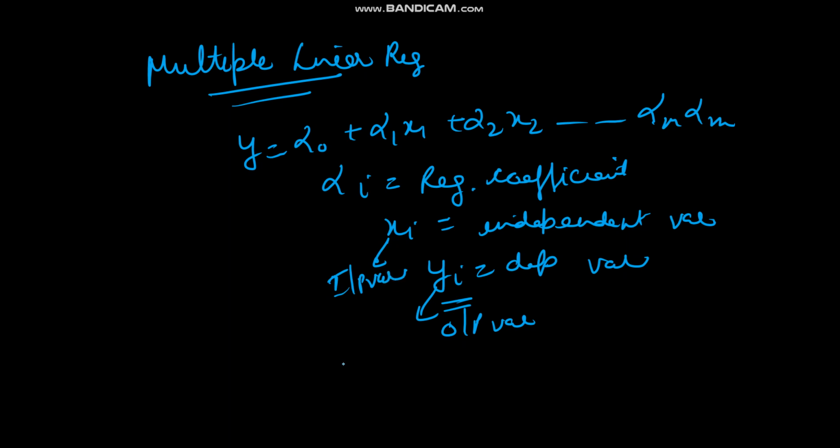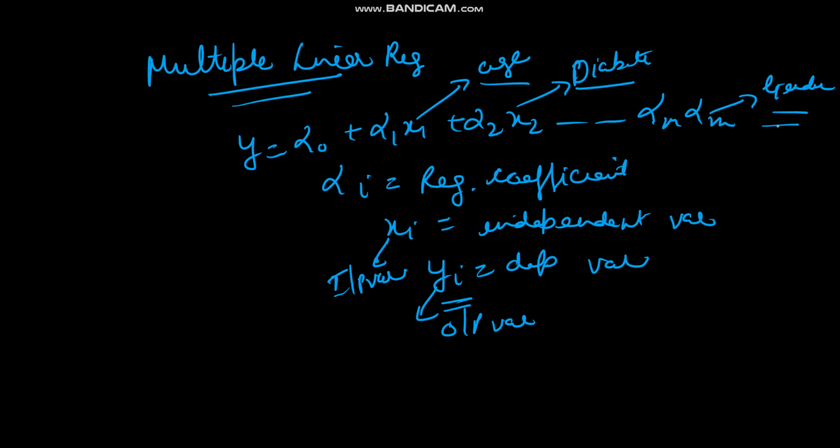Suppose x1 is the age factor, x2 represents the diabetic result of the patient, and xm stands for gender. Based on the age of the patient, whether the patient is diabetic or not, and whether male or female,